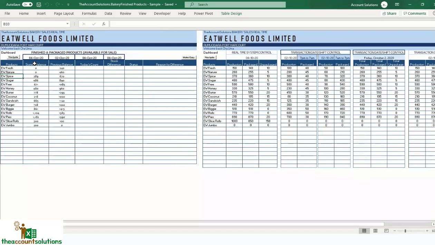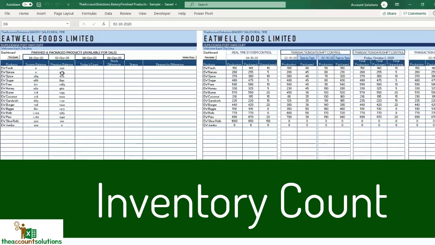So we have system dates. You can't change this date. It's automatic. It's today's date. So tomorrow it will be 5th of October tomorrow. Or you can change this date for previous stock balance. Now, today's count, I want to count stock for today. If I finish counting physical count, I can just put in what I have counted here. For example,